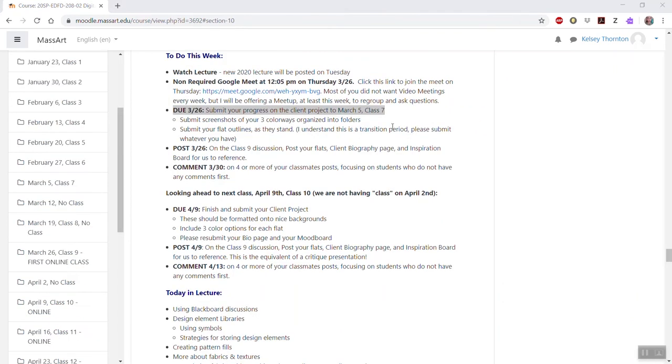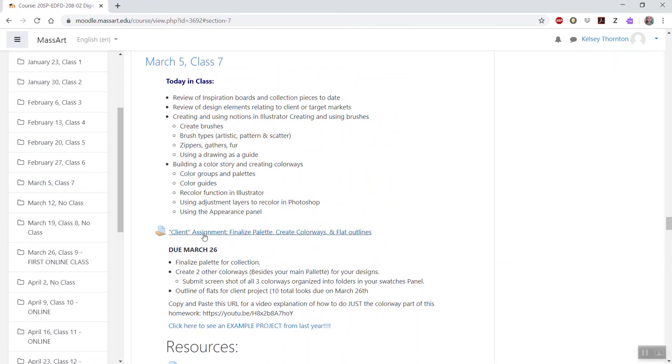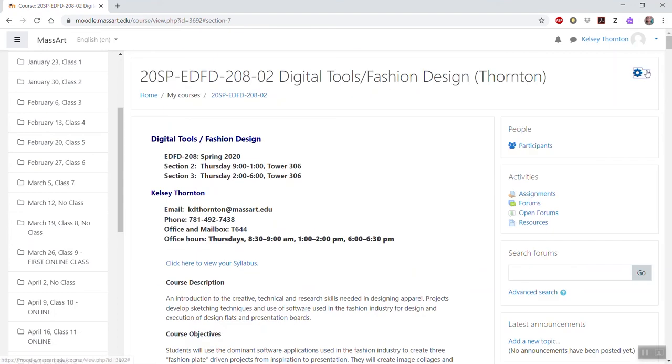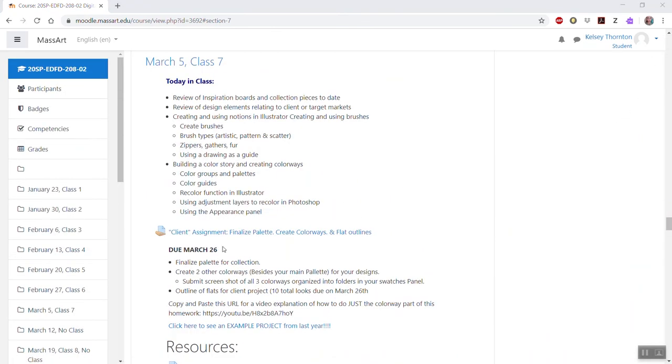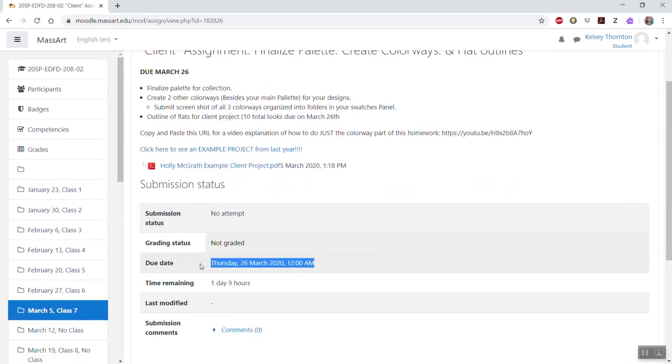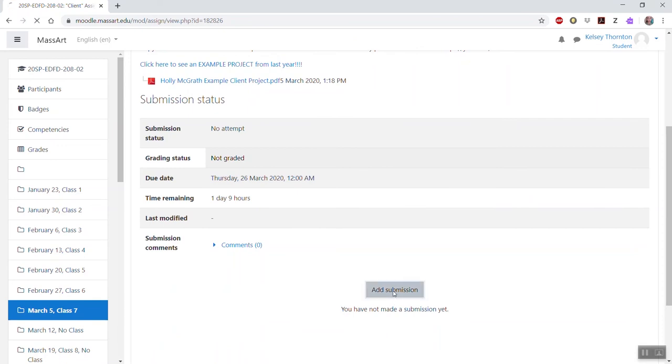You MassArt students should know how to do this already, but you're also going to submit your progress to the assignment that was assigned last class. So our last class was way back on March 5th, class 7. So I'm going to click on the assignment project and submit. First, let me turn on my student view. With my student view on, I will see what you guys see. So when we click on the assignment, and it does say it's due March 26th, and it says that again when I click on it here in case I've ever forgotten to add the due date to the assignment. We can hit add submission,